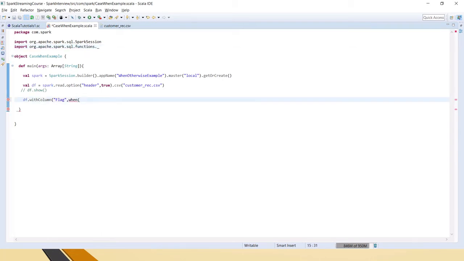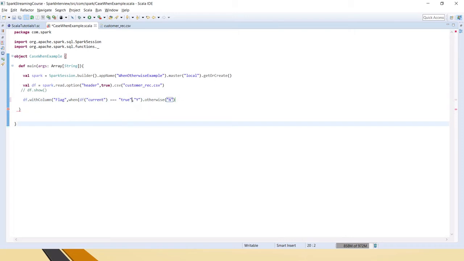Inside when we need to get the value current and verify what its value is. Here it has true or false. So if it is true, then comma, take y. The meaning is, when the value is true, put it as y, otherwise put the value as n.